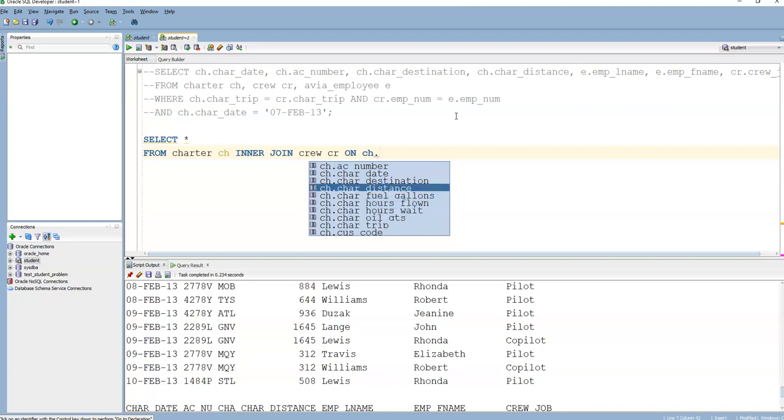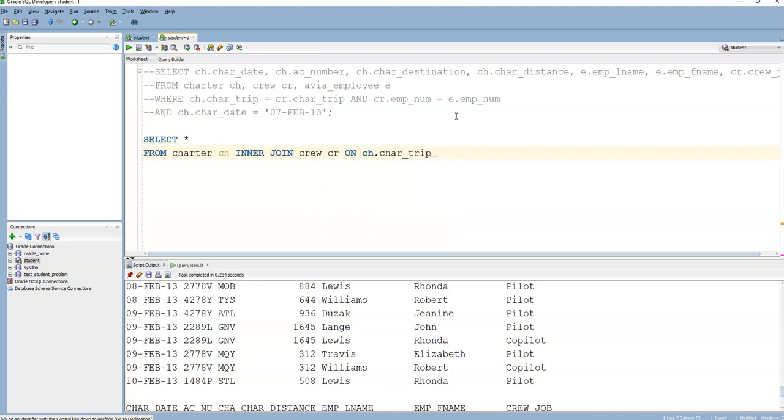it's not the primary, it's the primary key. Wait, crew. The primary key is the trip, is equal to the foreign key, that's the trip. Equal sign. So there we go. Inner join. Don't forget the table. Don't try to do the equals stuff yet. Do the table first. A via employee,